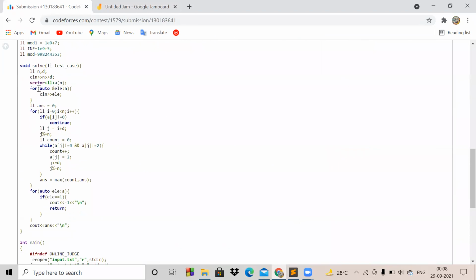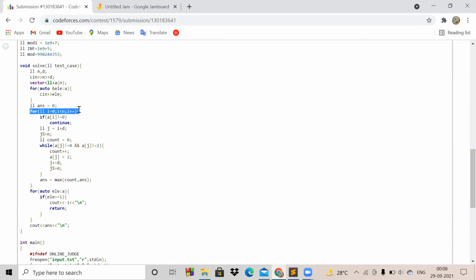So it says that first of all we take input n and d, that is the number of elements, and the steps we have to take in every iteration. Then I have taken the input, and then I have formed the answer variable.